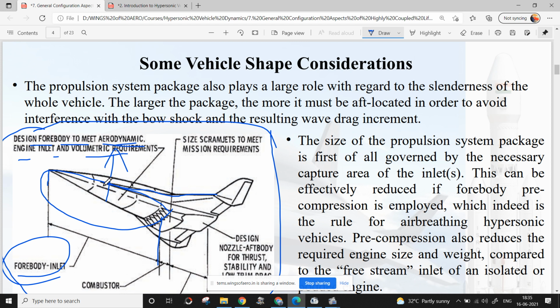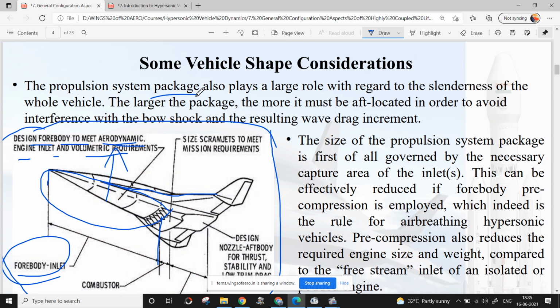But here we are not going to have any rotating parts, like in a supersonic, transonic or hypersonic vehicle. We are not going to have any rotating parts. So we have to compress the air with the help of the vehicle structure itself. So the forebody section of the cruise and acceleration vehicle needs to be designed with the concept of both aerodynamics and the propulsion system. That's why this is called the integrated lift and propulsion system in a hypersonic vehicle.